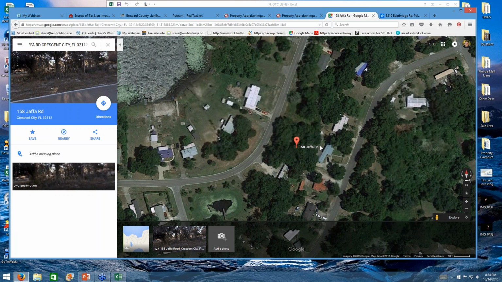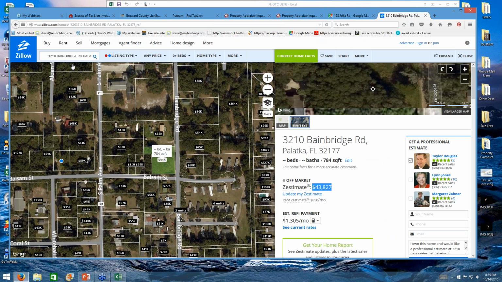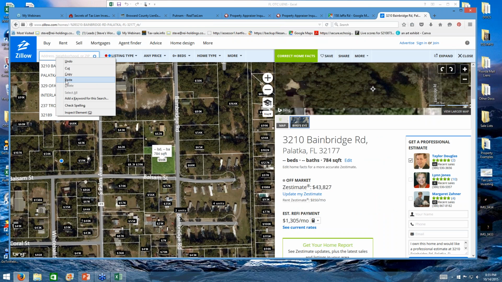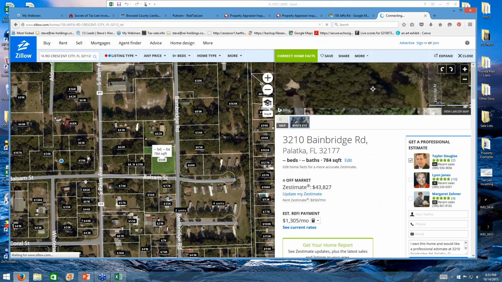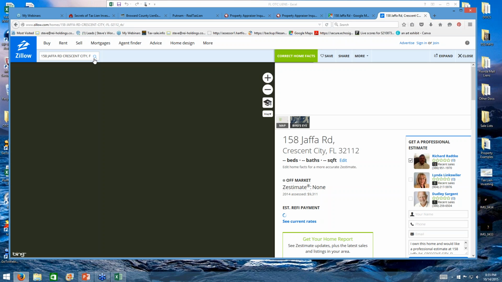In fact, it's actually across the street from the lake right here. And so you could do a little bit more research on any one of these properties to determine if it's going to be a safe investment. And as long as that total lien amount is low versus the property's value, and the property has value and use, then you're making a great investment. As long as it has those two things, you're going to be safe 99% of the time, 99.9% of the time, because your